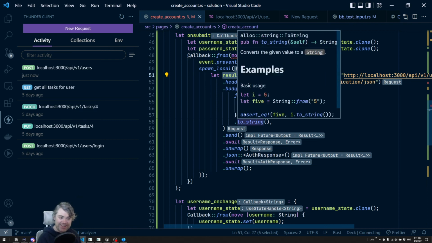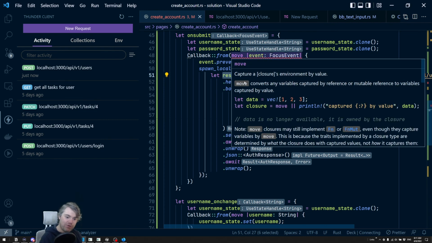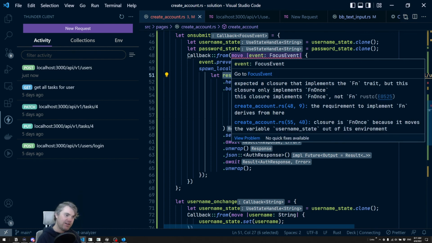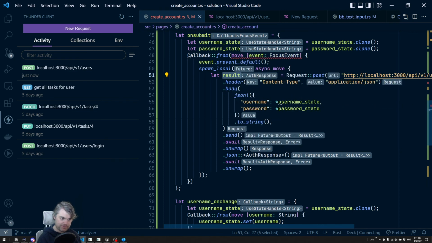And so finally we need to just stuff this somewhere. But we might need to do that in the next section because I'm running a little bit out of time right now. Let's see, what are you upset about? Expected Fn, implements FnOnce, not Fn. Let's